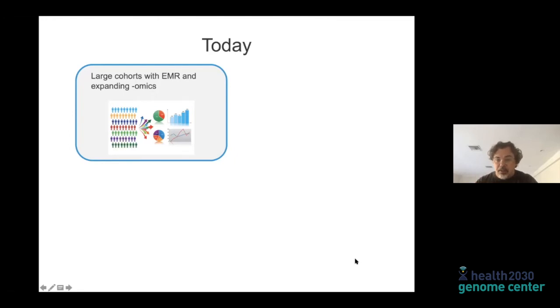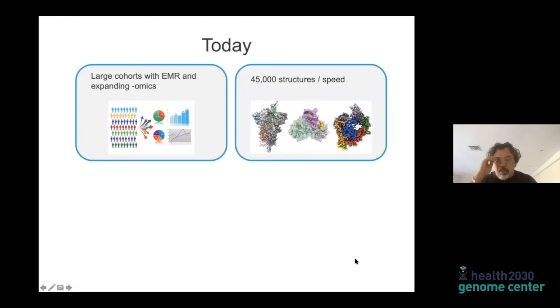I think the same thing has to happen with the genophenome, as it were. The other thing that might have flown a little bit under the radar for some people is that there's been incredible progress in solving protein structures. At the moment, we have about 45,000 structures deposited in public databases. And now, given that we have much better computational tools, machine learning, things like that, not only are we able